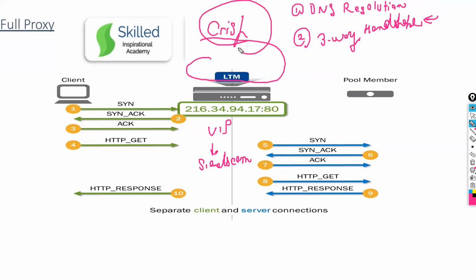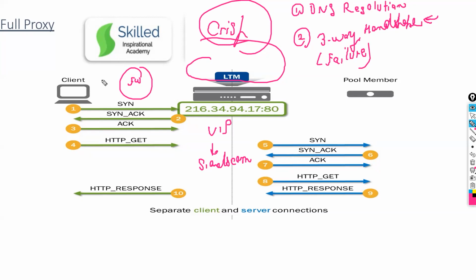So in the three-way handshake, what are the chances of failure? Let's say a customer says that I'm not able to access the website. What are the chances? A customer firewall in between which is blocking the traffic, the port. Excellent. Firewall, I will come into that picture topology, but that is the first picture. If a firewall is coming into the picture, you need to have a policy, correct? Correct.